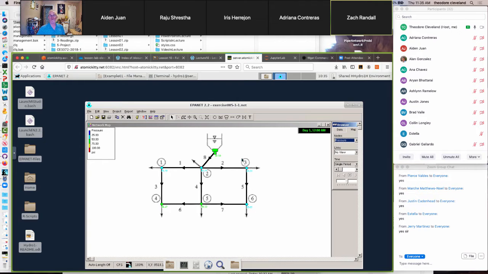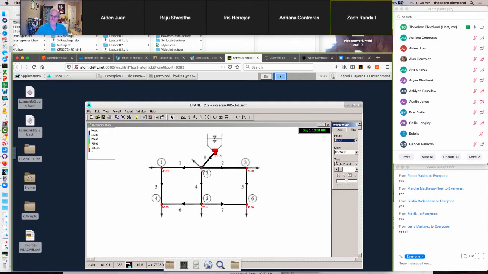So I was incorrect. Node 3 is the lowest pressure node in this network. If the question was slightly different, what's the lowest head node? We would conclude that the lowest head is node 6, which is what I initially thought would have been the